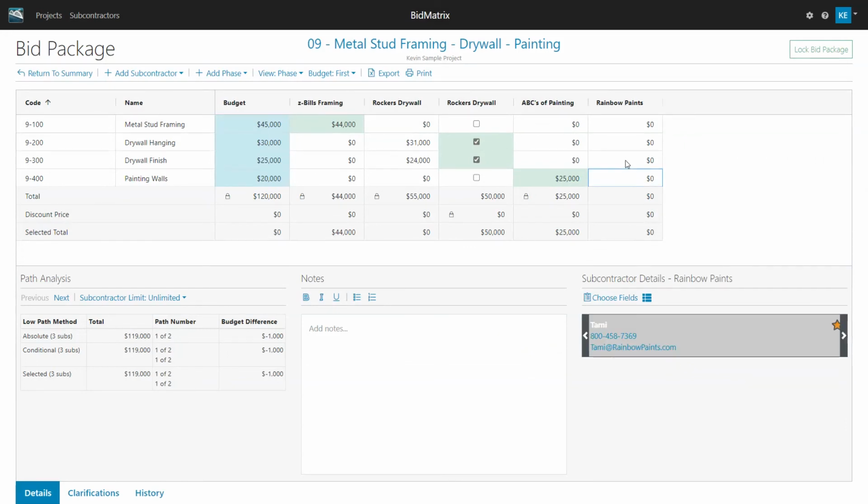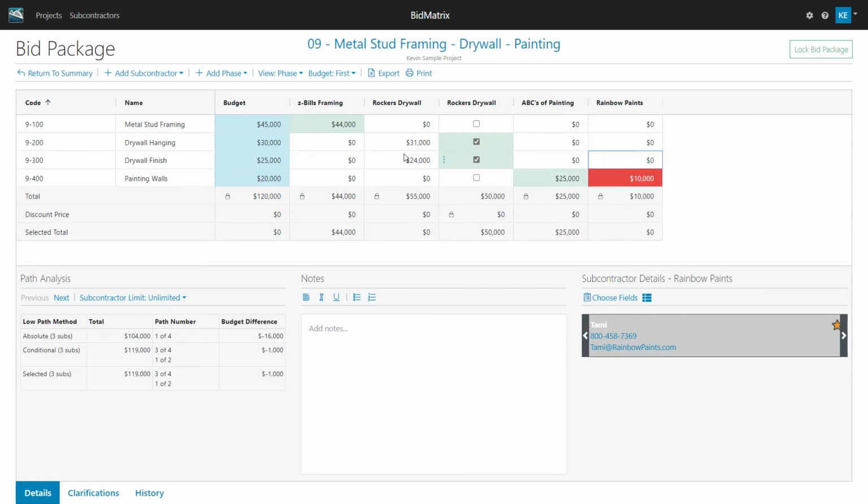Now let's say that this company is a little bit lower. So let's say that they're $10,000. As I'm looking at these different bids, you can do different things with them as you're putting them together. I thought it was close to 20. Somebody else said it was about 25. So this 10 really scares me as far as whether that bid is really complete or not. If I click on the little ellipsis here, I can say that I want that bid excluded.